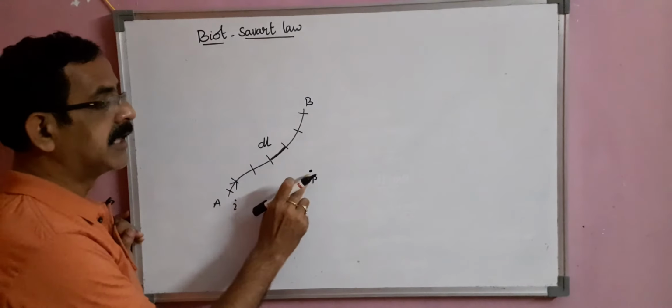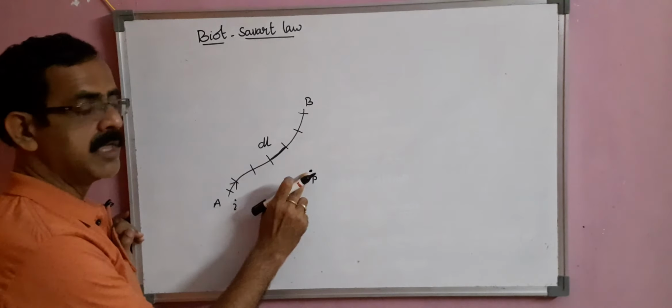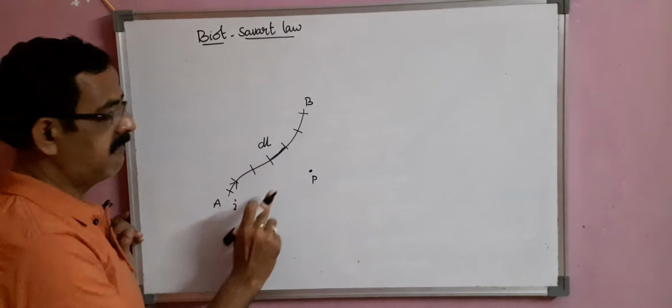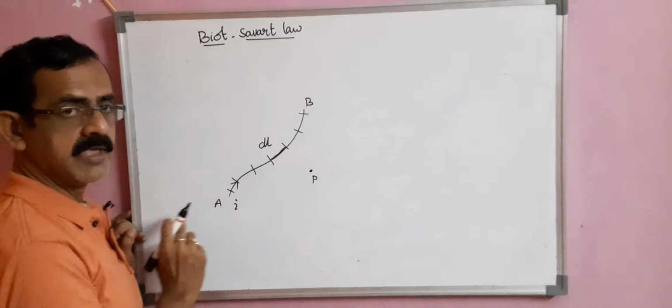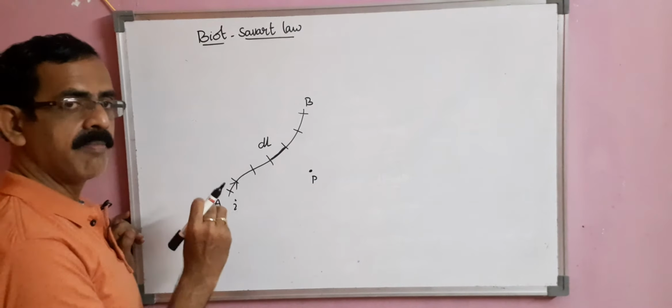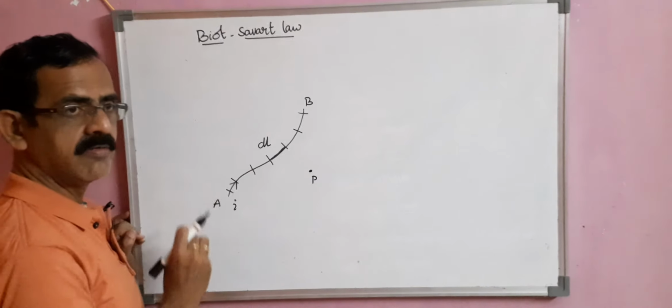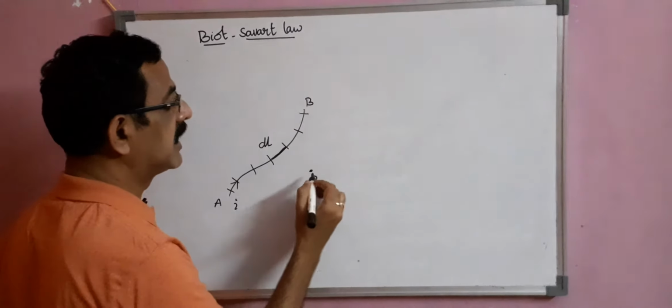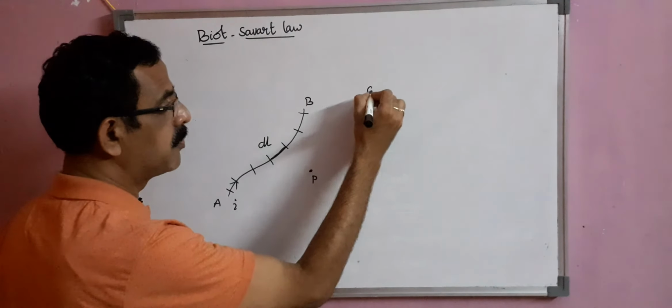Now they calculated the magnetic field at this point P due to this element of length dl when a current I is flowing. After performing a number of experiments, what they observed is that the magnetic field produced at the point P